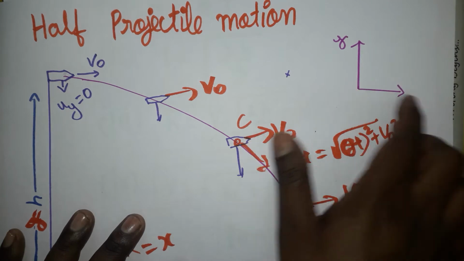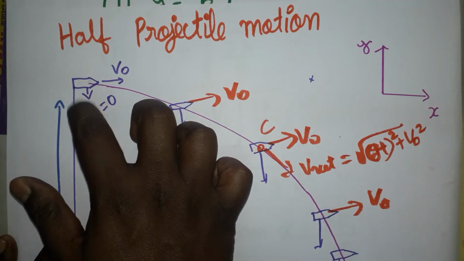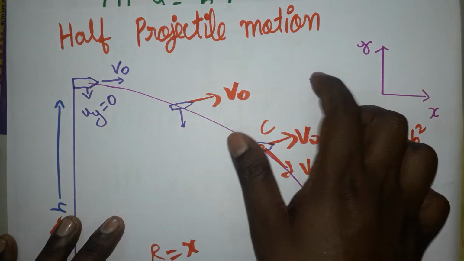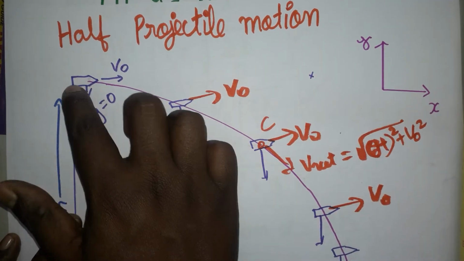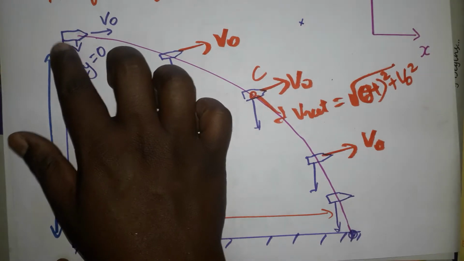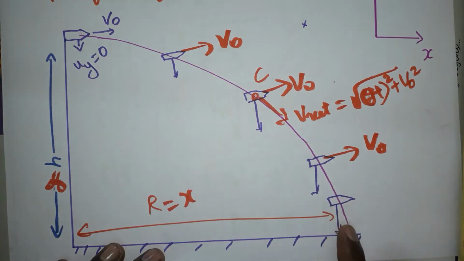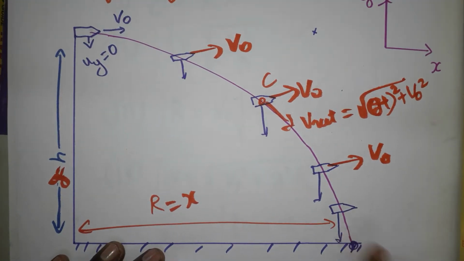Okay, this is the x-axis and this is the y-axis. Just imagine I fired the gun from the top of the building. Our target is here, a very long distance away. Definitely the object is going to come down and hit the ground. Imagine you are throwing one stone horizontally from the top of the building. It is not going to stay horizontal, it is going to make a projection.